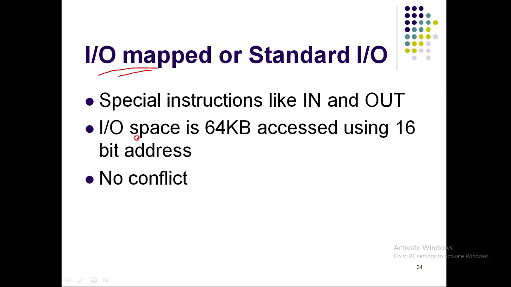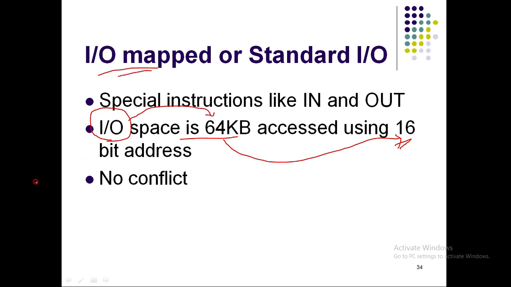For example, if I have a keyboard, that keyboard will have a buffer of 64 KB. This 64 KB can be accessed with the help of a 16-bit address. So remember this friends, all your IO devices will have some buffer. What is a buffer? It is a storage method, usually of 64 KB. Now, if I want to access this 64 KB, I require 16-bit address lines. That is what this point means.